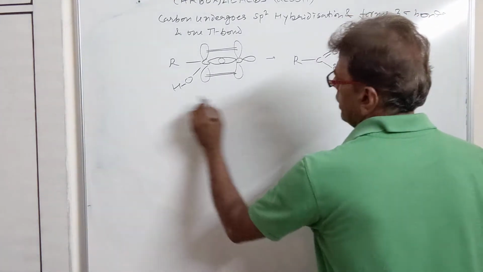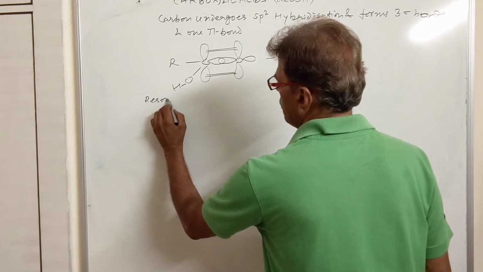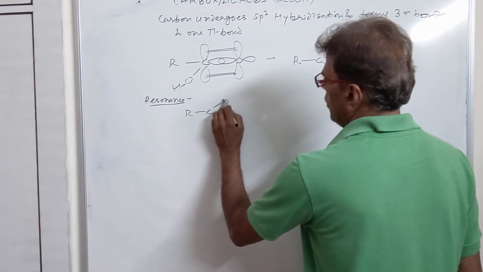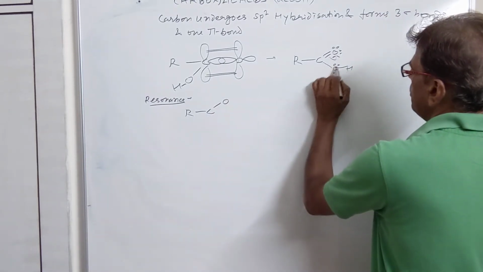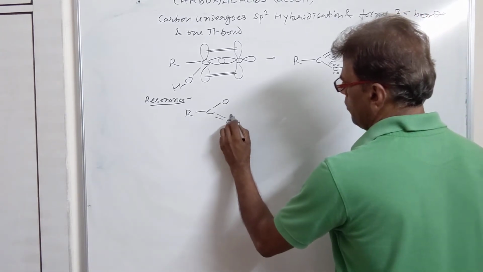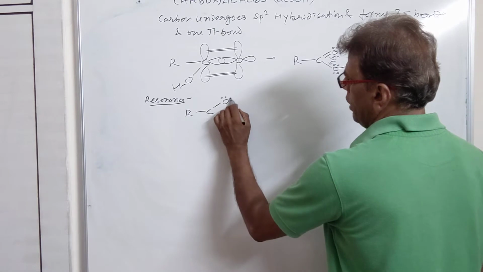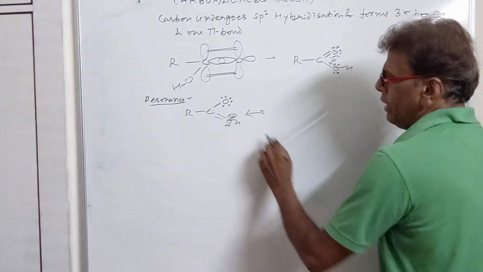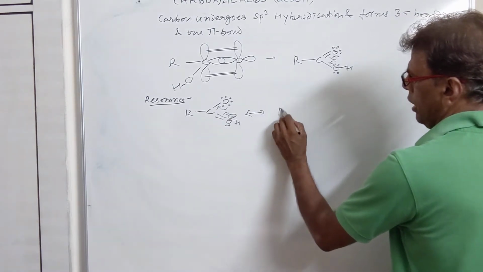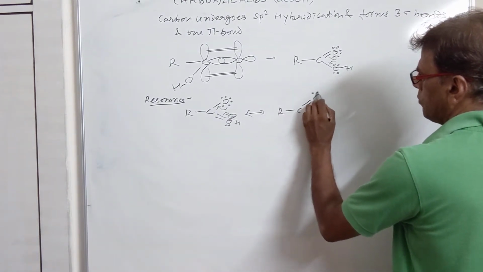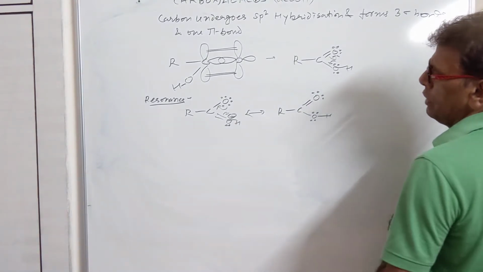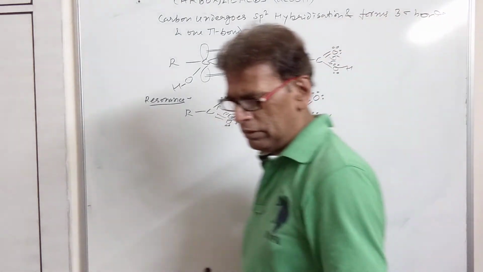Now we see the resonance in carboxylic acid. This oxygen will be taking back 5 electrons, and this lone pair will be coming back, forming a double bond here, positive charge. It will be having now 6 electrons, and when it goes back, its lone pair comes here, it will be coming back. We have the structure. This is carboxylic acid resonating structures.